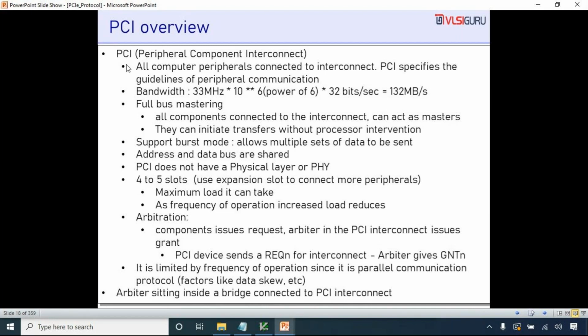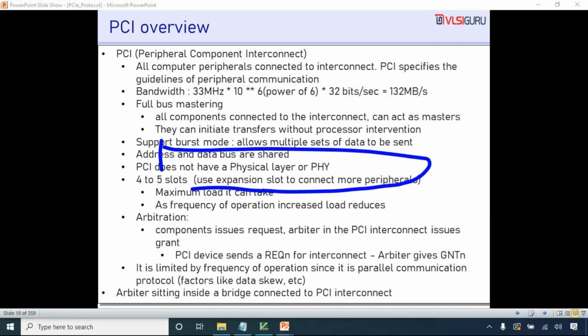One of the features in PCI is a concept called full bus mastering. What is full bus mastering? All the components connected to the interconnect can act as masters. They can initiate transfer without processor intervention. Let us now understand what is meant by full bus mastering. If I have an interconnect with multiple devices connected,